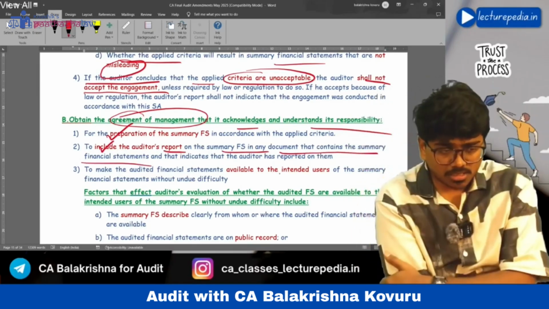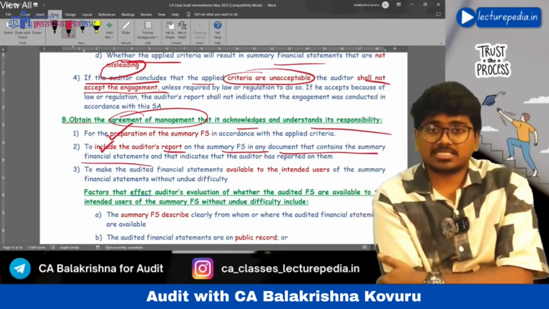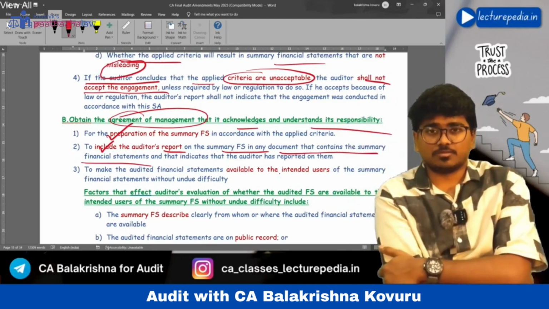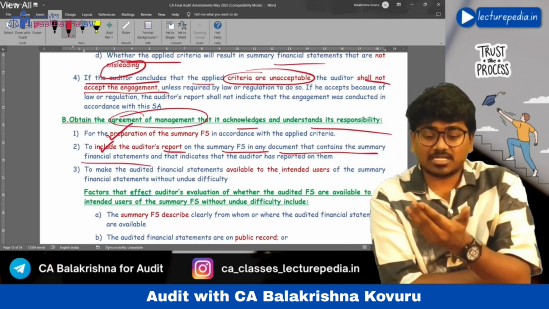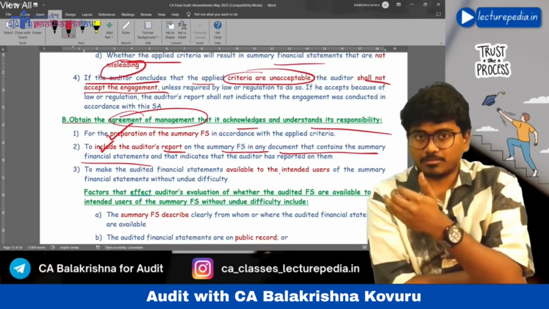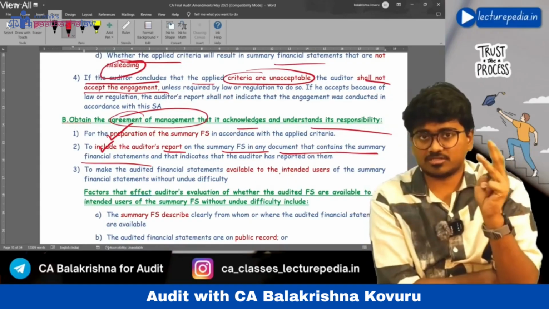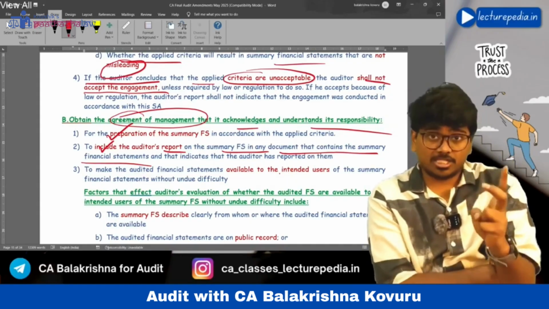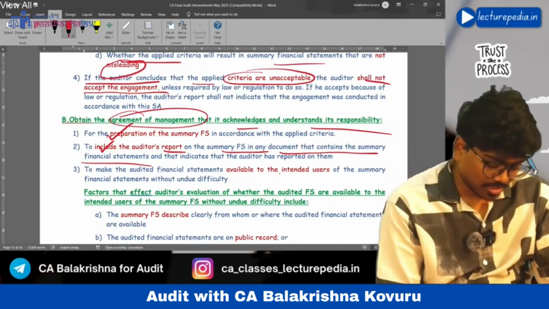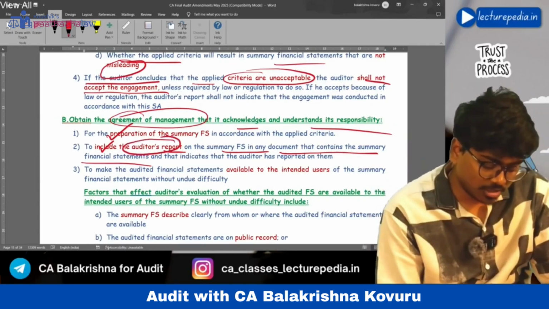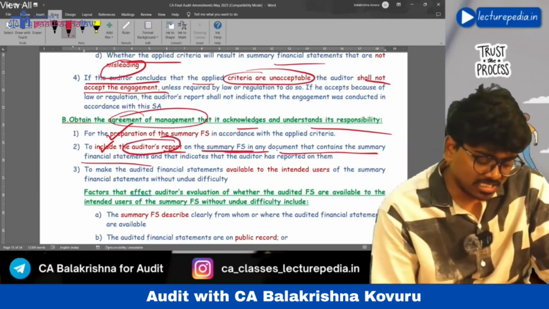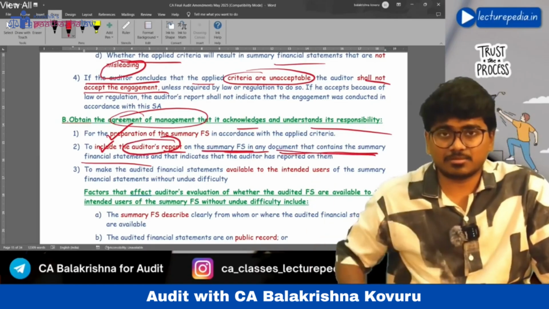Okay, to accept the audit of summary financial statements, he should obtain a written confirmation from the management confirming their responsibility for preparation of summary financial statements, and that management will include the auditor's report in any document that contains the summary financial statements.